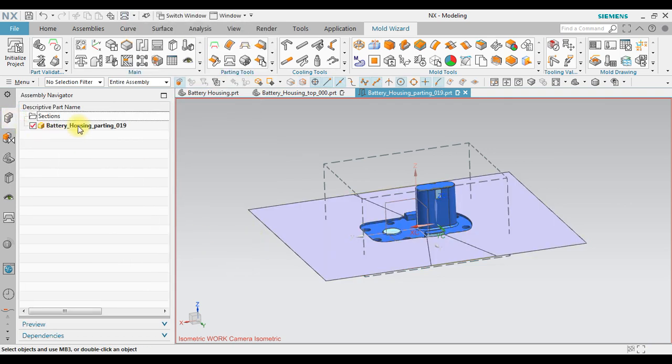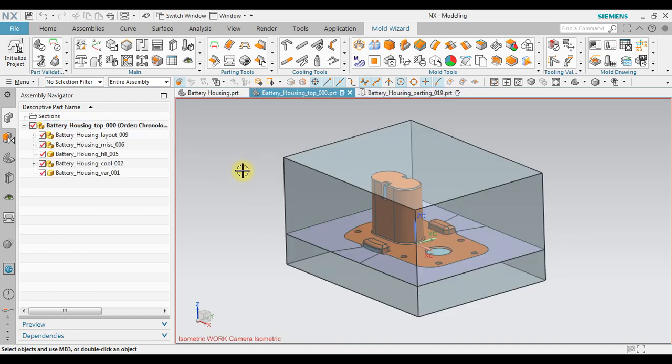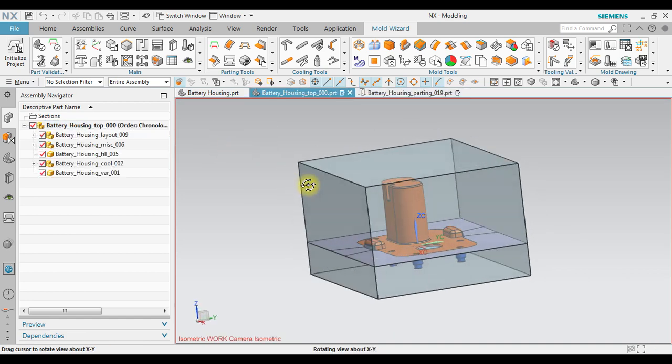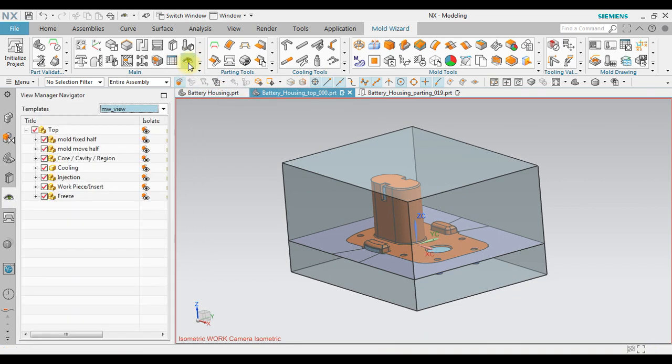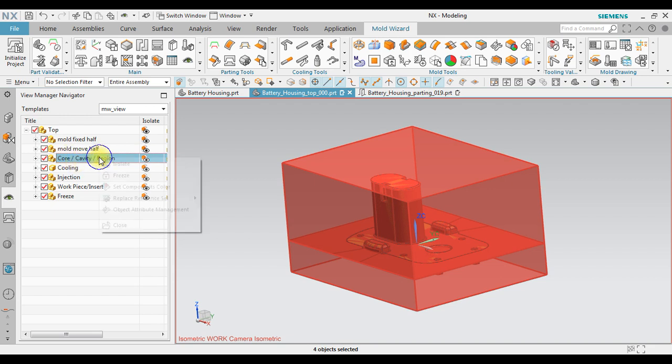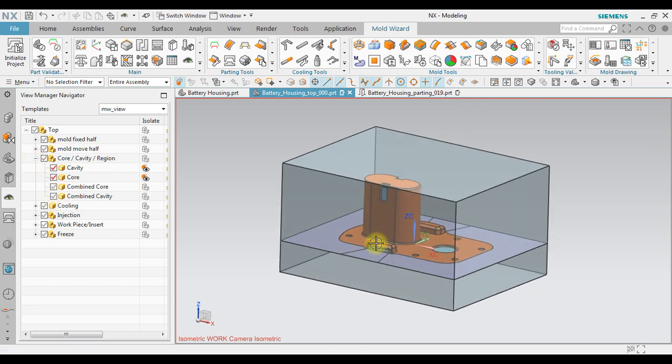Now let's go back again to the main assembly, battery housing top 000. Activate this one. You can check whether we have cavity and core by using this view manager. Okay, go to this core cavity region, right click and isolate, expand, hide this.